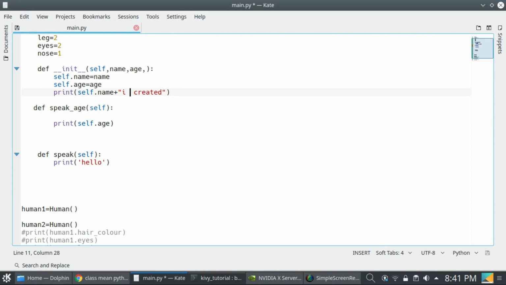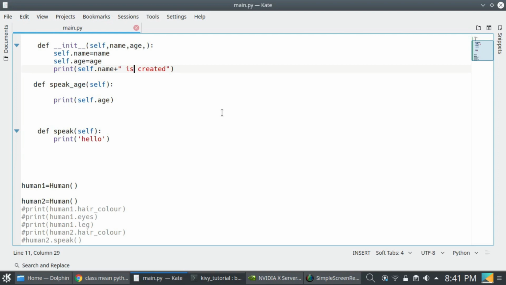And I can speak this age, and now print "my name is" created. So now I have to pass the name and age, like Rahul, and age is 20, and next I am passing my name, and I am passing, I think, 24.